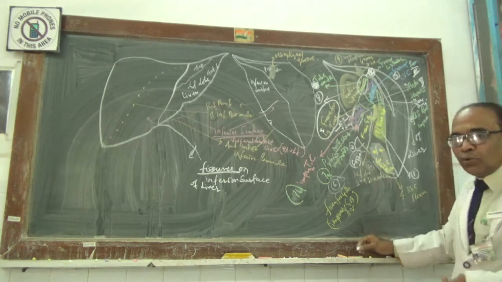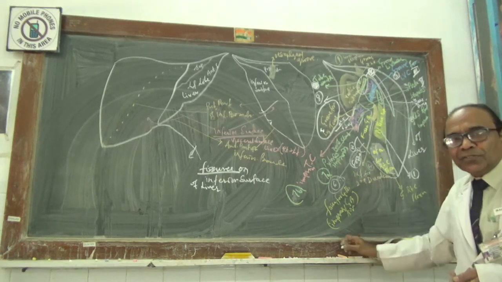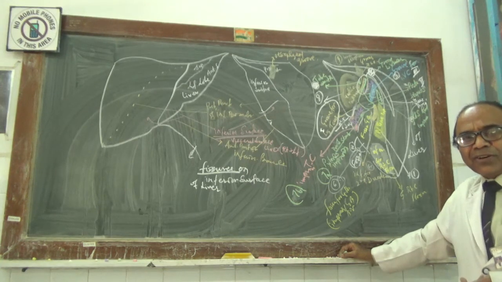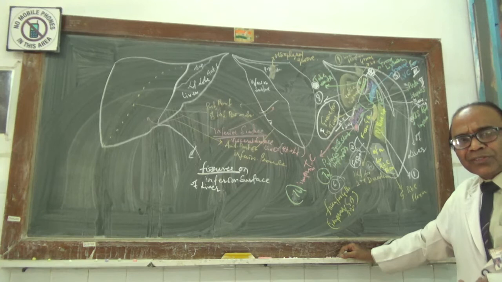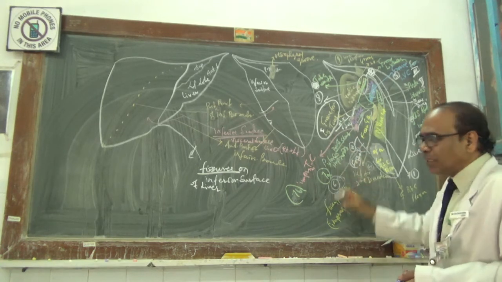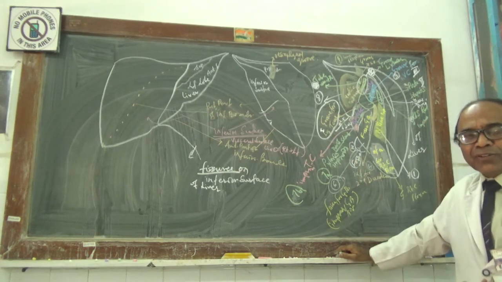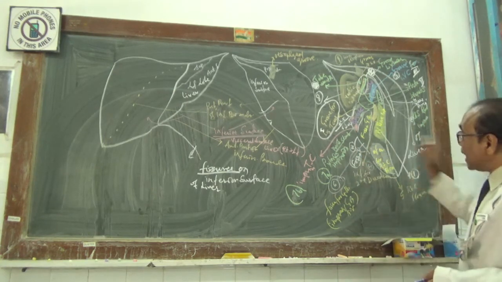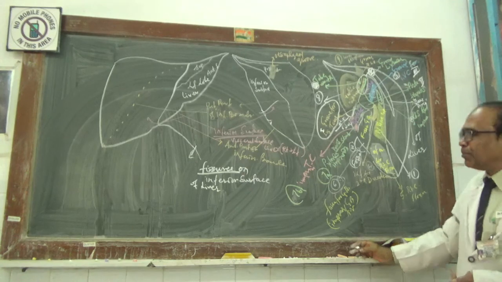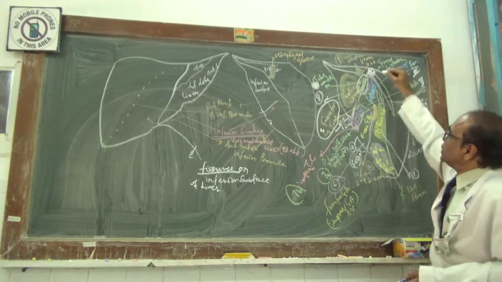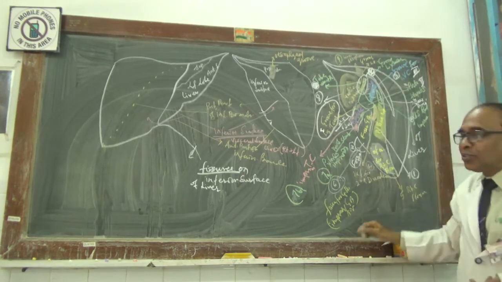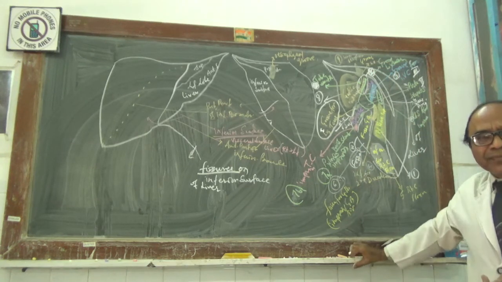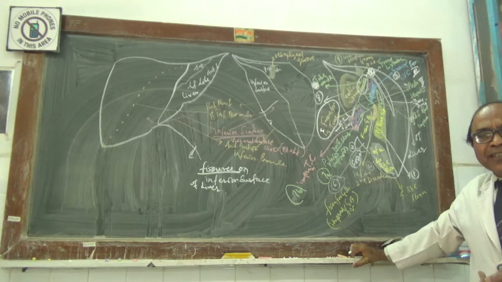Now this groove for the ligamentum teres of the liver lodges the inferior layer of the ligamentum teres of the liver. Hence the name. Now you will have the second, the fissure for the lesser omentum and the ligamentum venosum.